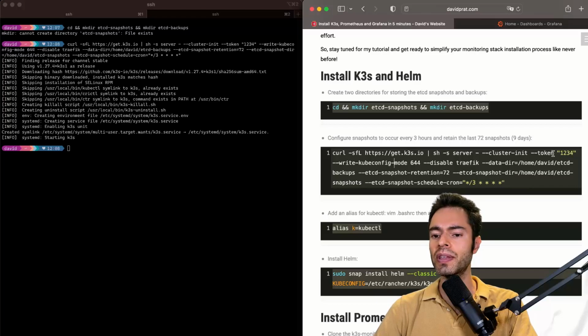to the same cluster. We are also going to use the flag write-kubeconfig-mode 644, which are the permissions required to operate with the kubeconfig file in the K3s distribution. We are going to disable Traefik in this case, because in case we wanted to interact with the internet by installing some website, we would be using Nginx ingress. And the rest of the flags that we can see here are intended to perform the snapshots and the